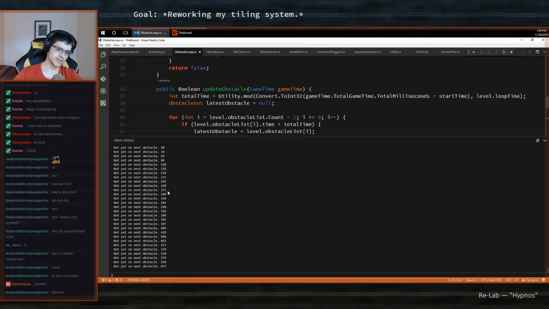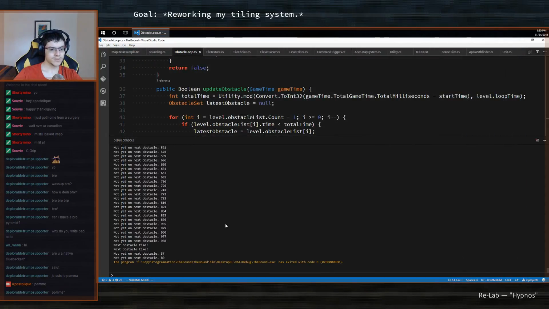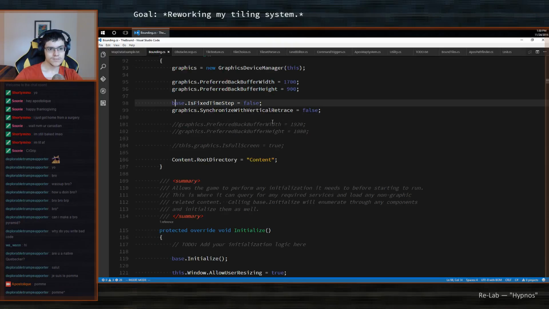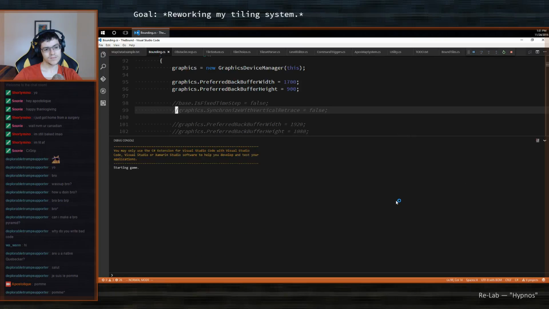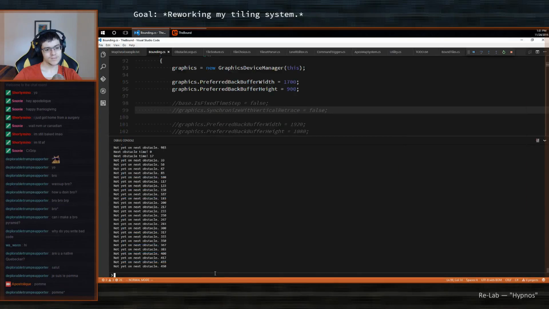So this is how this looks. And if I remove that, why does it work?